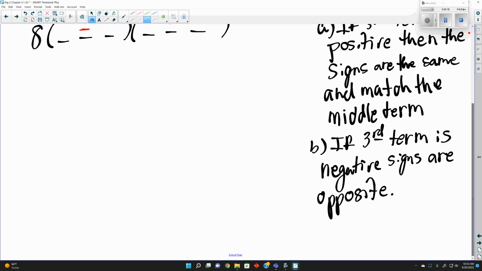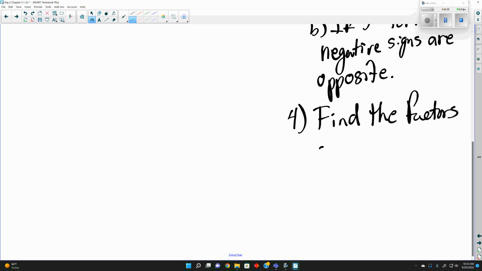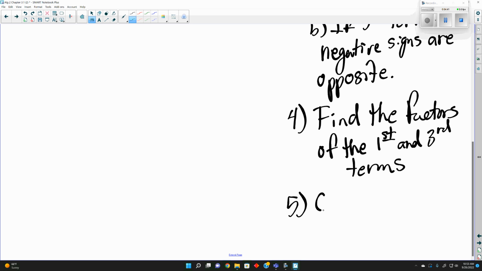Now that brings us to step number 4. Our fourth step is to find the factors of the first and third term. And our last step is to check. We plug them in and then check it. So if we look at this here,